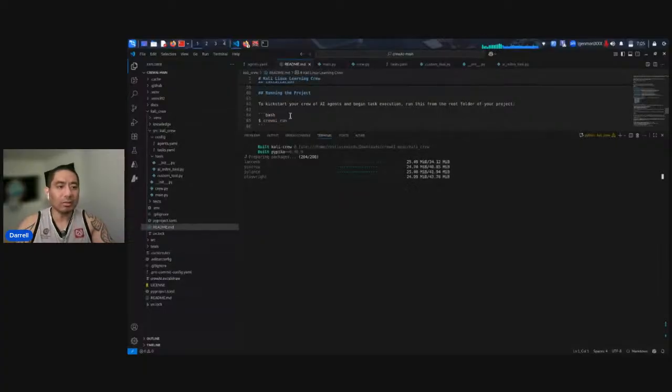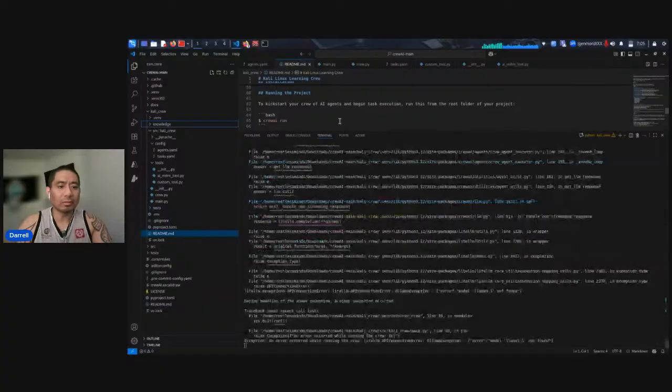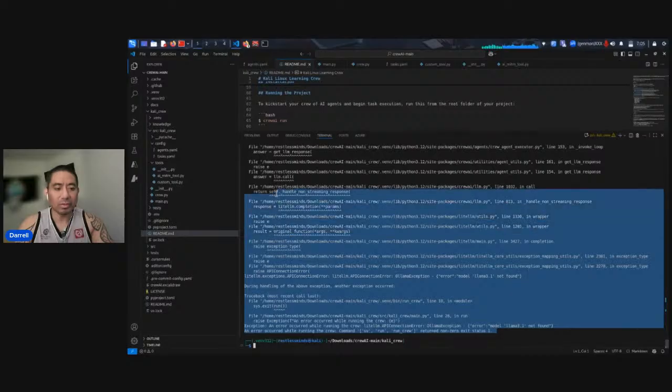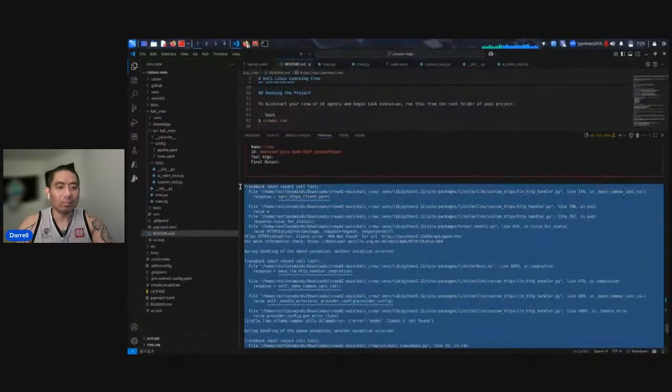So I haven't given any data or knowledge base onto my Kali crew yet. I want to see if the actual source code is working so we can progress further. So right now it installed 208 packages. So now we have a traceback error, which is right here. So that wasn't successful. So I have dirty code.